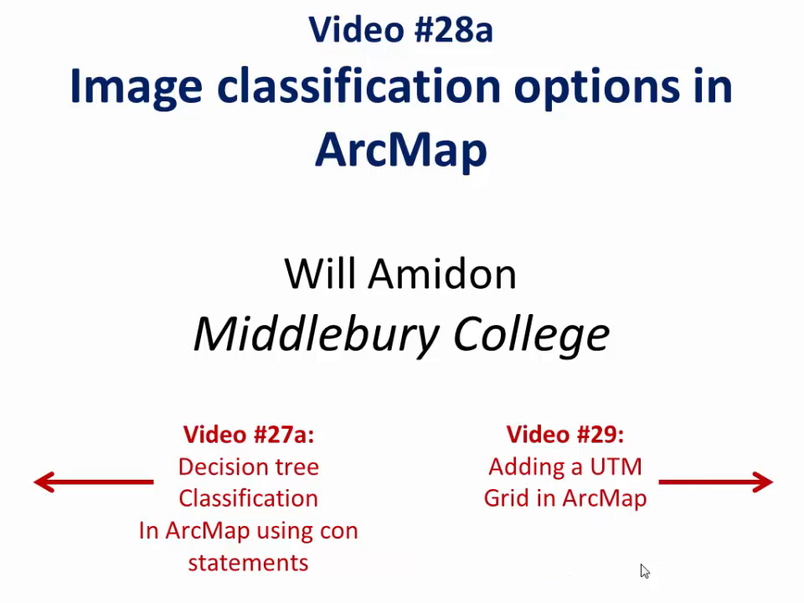All right, we're back and we're on a roll. We are in the process of classifying an image from Yellowstone National Park taken after the wildfires of 1988. In the last two videos we learned how to define the training polygons, look at whether our classes are spectrally separable, and then in the previous video we just looked at kind of doing a poor man's decision tree using